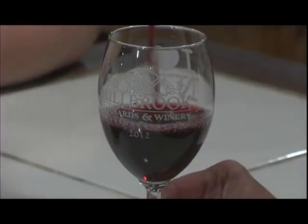So I love a really great glass of wine, but I don't know that much about wine. And I met up with the Hudson Valley Wine Goddess to find out more. And before she took me on a tour of the wineries, she taught me just exactly how you taste a